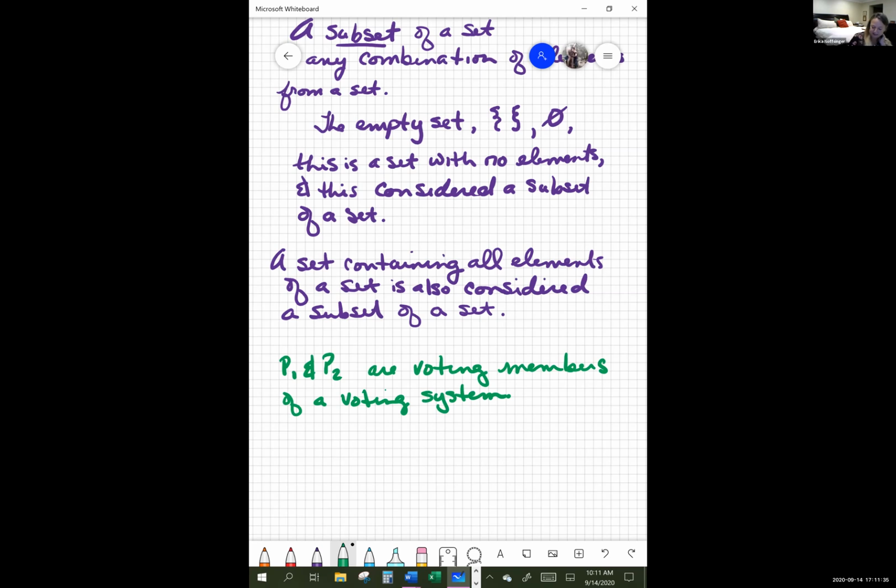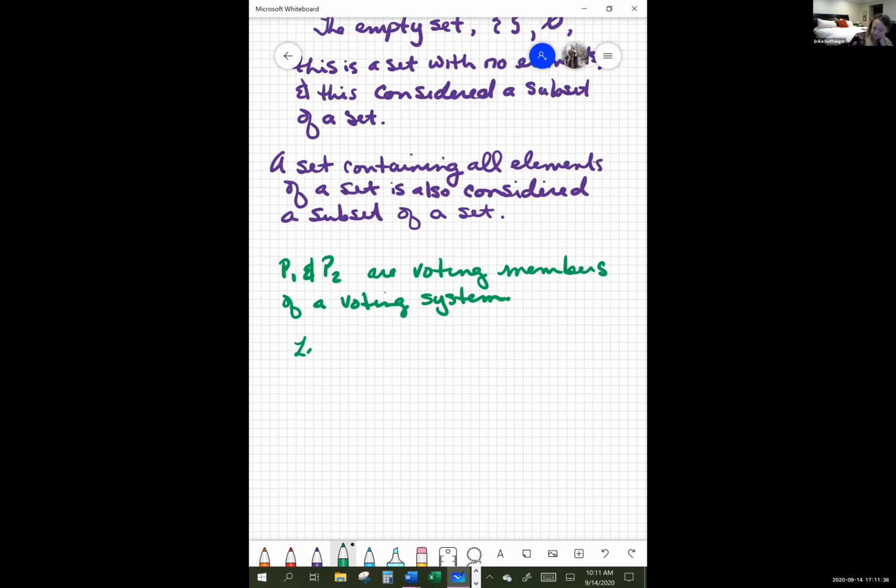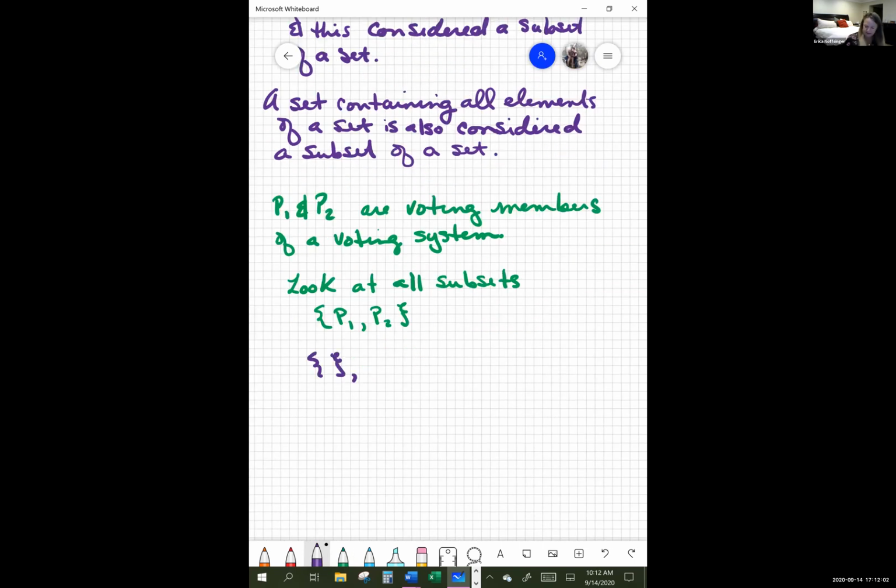If we wanted to look at the sets, let's look at all the subsets. Player 1 with player 2. So subsets. Empty set, this is a subset. The subset that just has player 1, that would be a subset. The set that just has player 2 in it, that would be a subset. And the subset that has player 1 and player 2 in it is also a subset. So with 2 players,